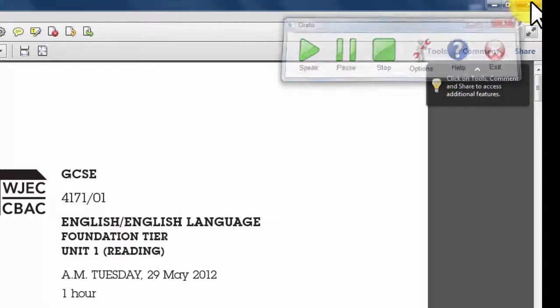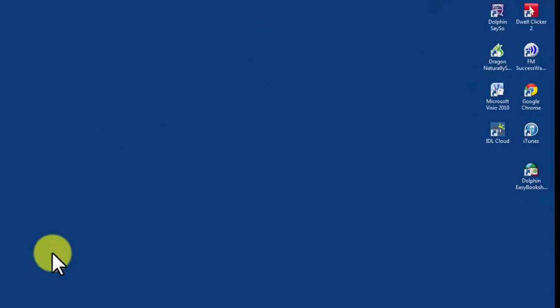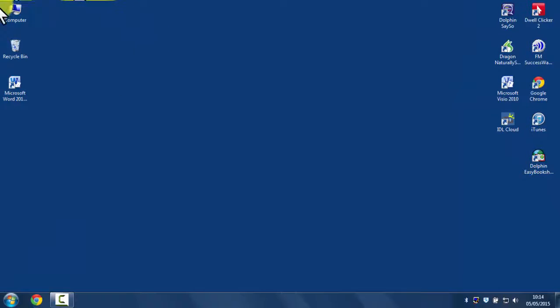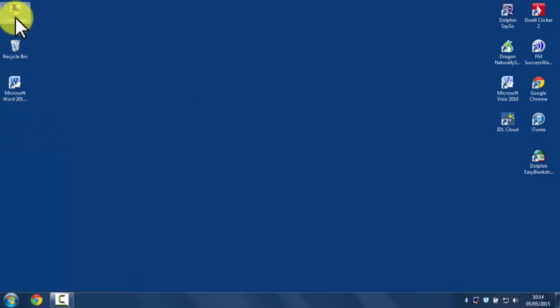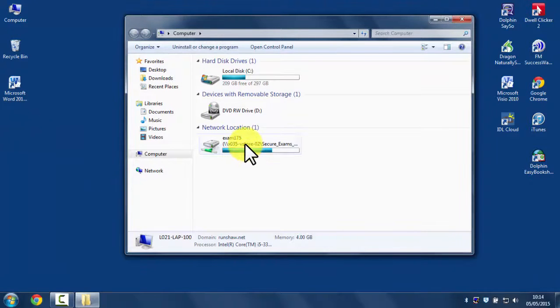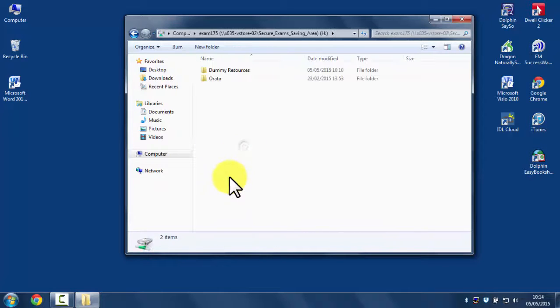So I'm going to shut Orato, I'm going to shut the paper, and so when you'd log on, this is what you would see. You would see your exams login. These shortcuts wouldn't be on a typical computer. This is just on the computer that I'm using. So what you need to concentrate on are your computer shortcut there, or by going to the Start menu and going to Computer there. So we log on, we open the computer, we go to the exams secure shared area,